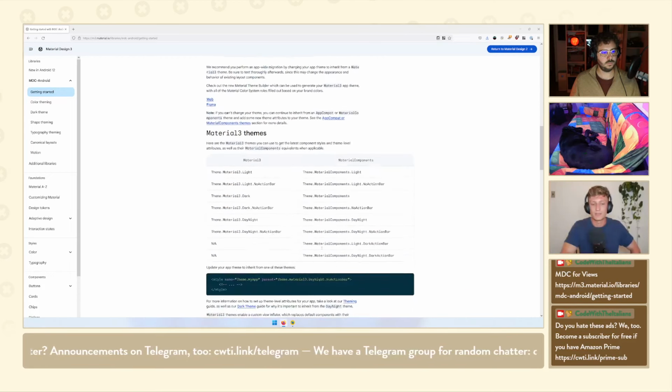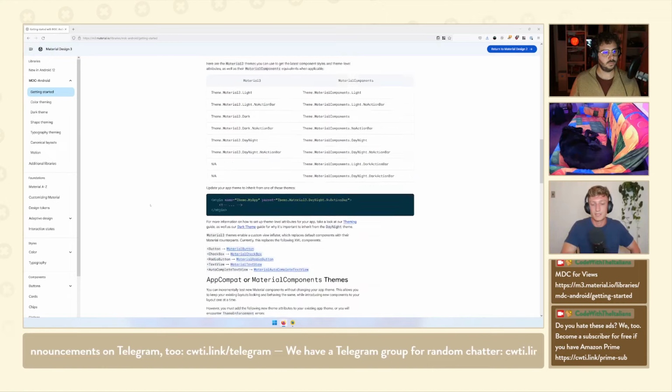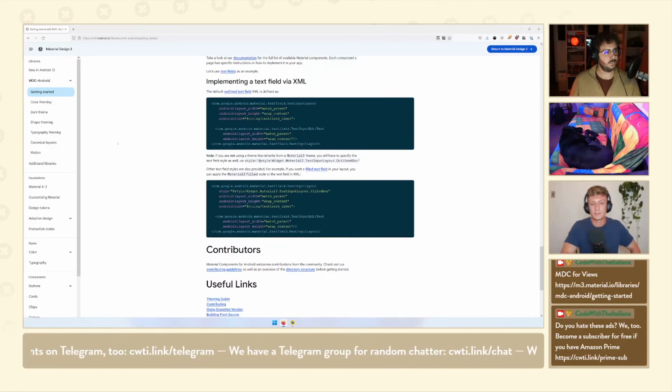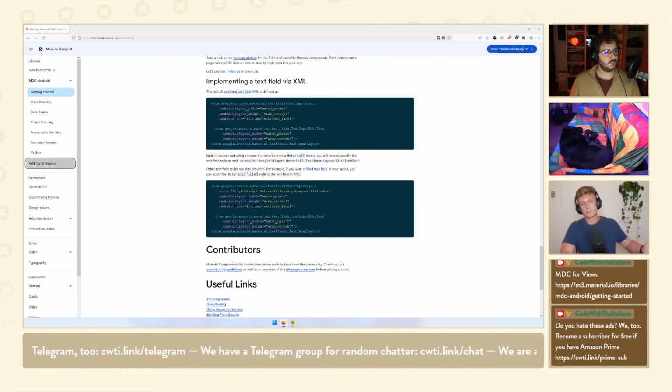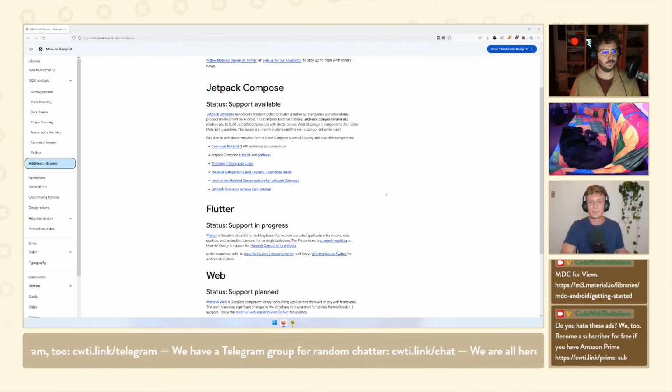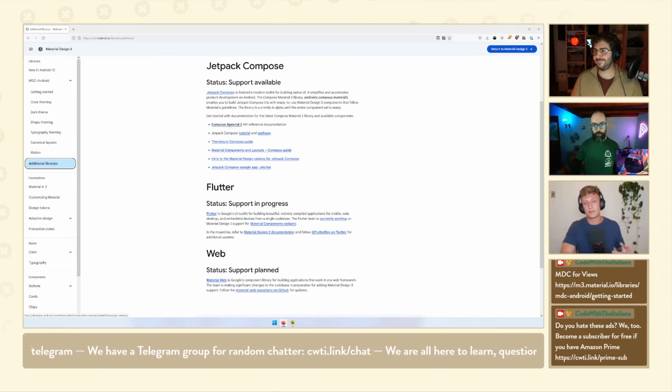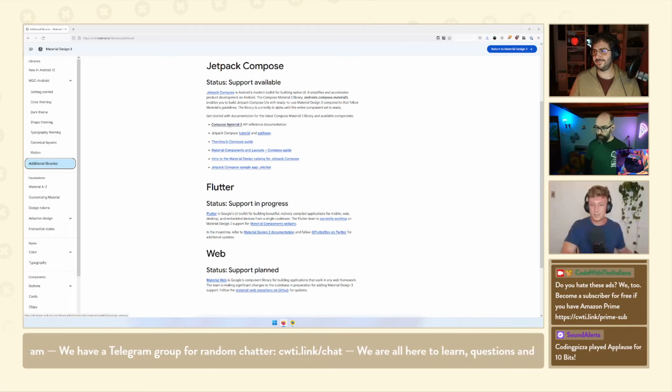For the Views library, Material Components for Android, it was an update to the existing dependency. So the 1.5.0 update includes, in addition to all the existing stuff you had from Material 2, like themes and views as components, Material 3 themes and Material 3 components.